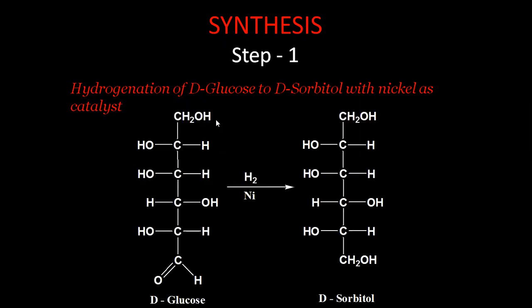That is very common. So this is your D-glucose, and I hope everyone knows that glucose has an aldehyde group. So this aldehyde gets reduced with hydrogen and nickel as catalyst, that is, it undergoes hydrogenation to go to an alcohol, a primary alcohol. So your aldehyde gets reduced to a primary alcohol, and this is known as D-sorbitol. Then in step 2,